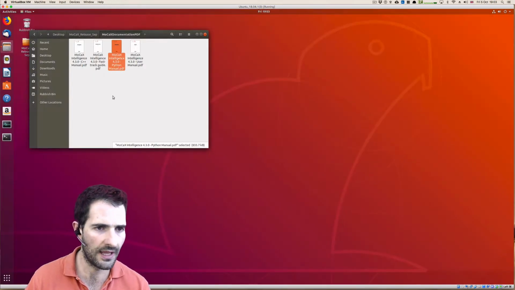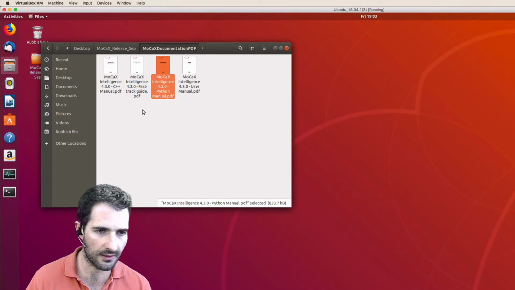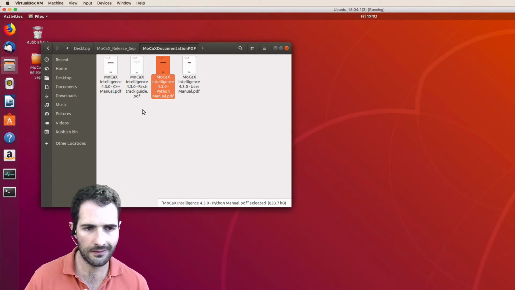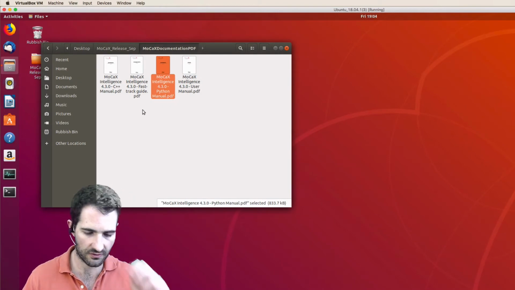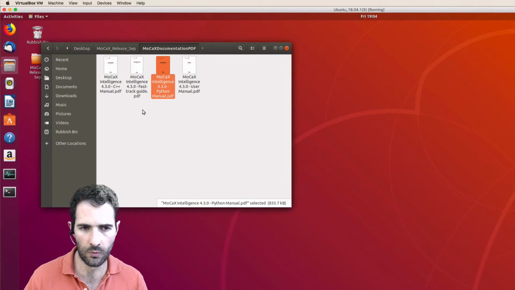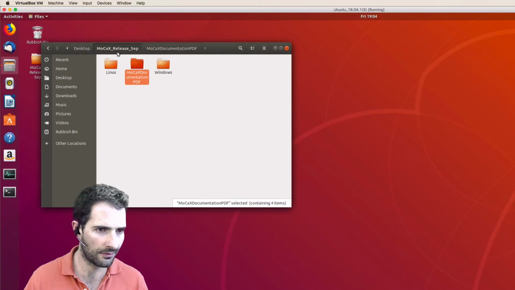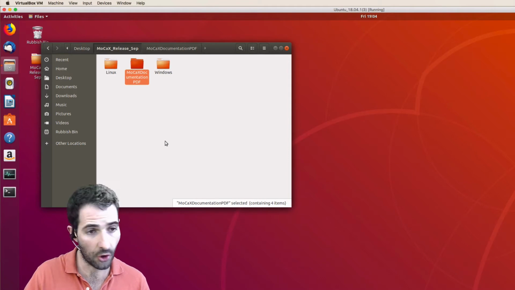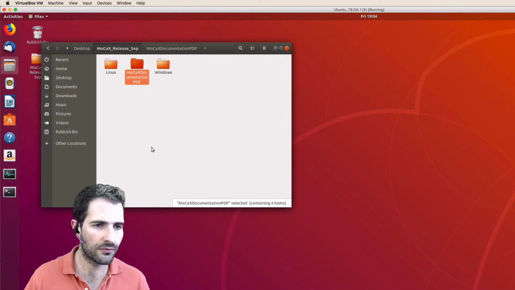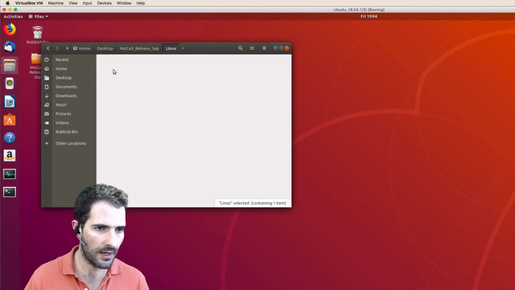The fourth file that we have in the documentation, which is the fast track guide, is a very easy step-by-step set of instructions that will help you get started with the main functionalities of the library. So these are in PDF format for those who prefer this sort of document. But for most developers, we've created, and you'll find them inside both the Linux and the Windows distribution,